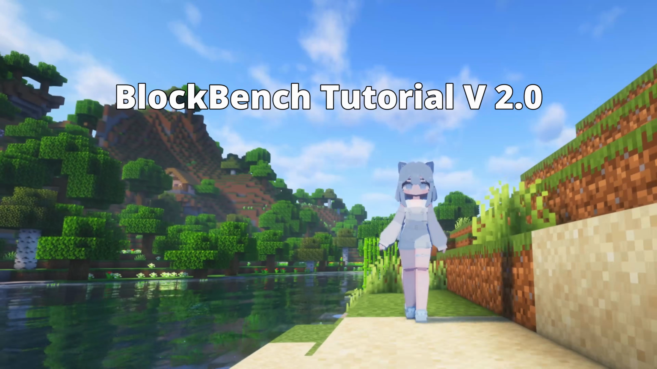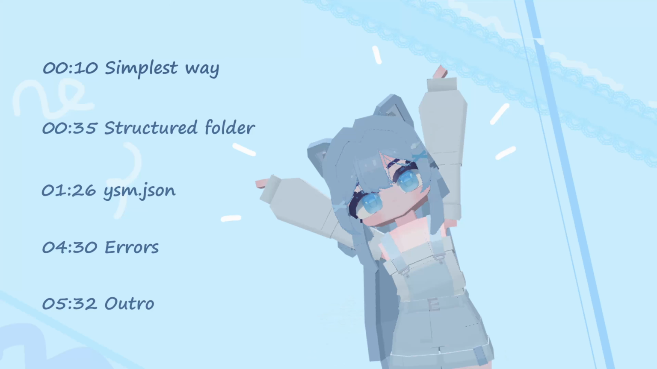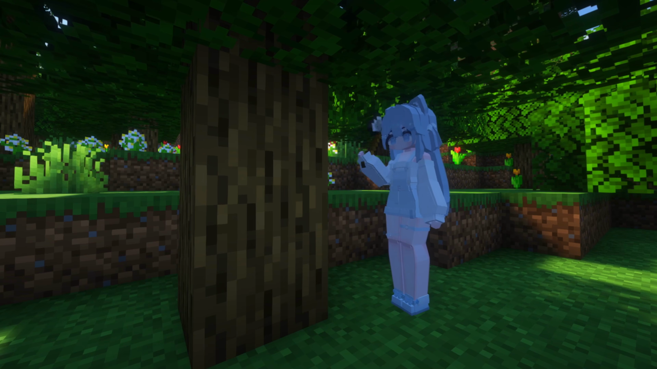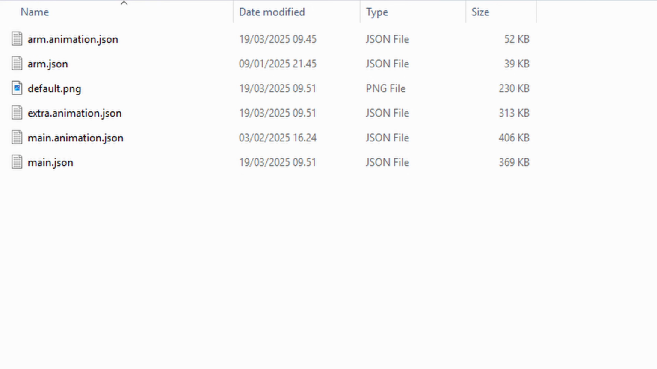Welcome back to another tutorial for your Steve model. If you followed some of the other tutorials in this series, you should be able to start using your model in Minecraft. The simplest way to import your model to Minecraft is to add all your model, texture, and animation